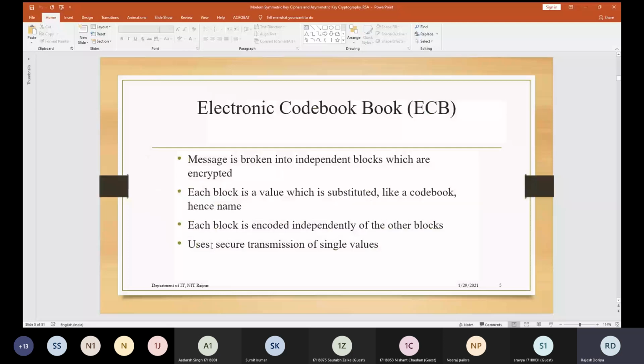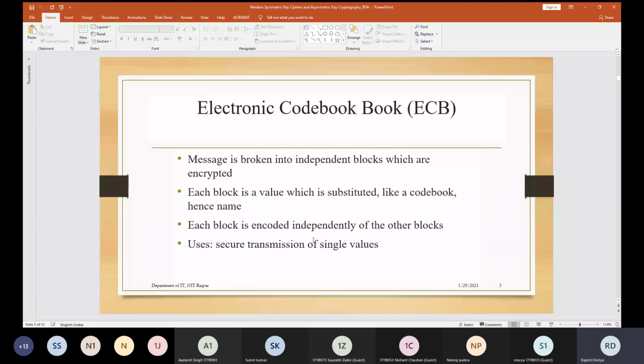So now we are discussing the first mode, which is electronic codebook. In this particular mode, first of all, a message is broken into a number of independent blocks which are going to be encrypted, and each block is a value. Means in this particular variation, each block is considered as a value which can be substituted like a code book, a one-to-one mapping, and therefore it has been named the electronic codebook mode. Each block is encoded independently of the other blocks, and it is generally used for secure transmissions of single